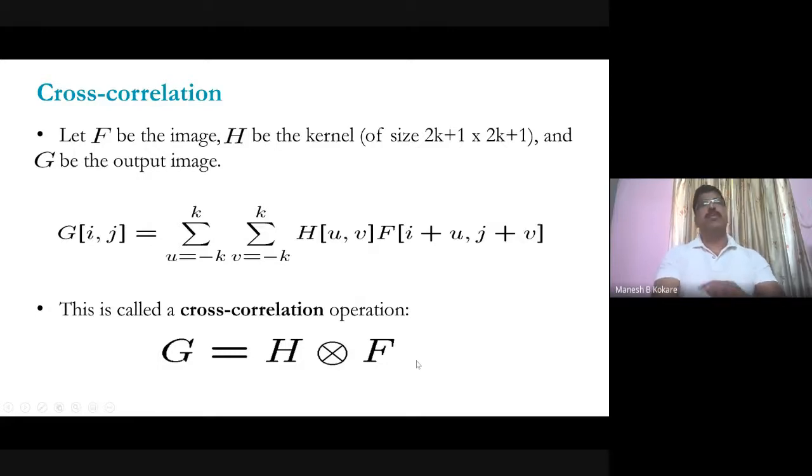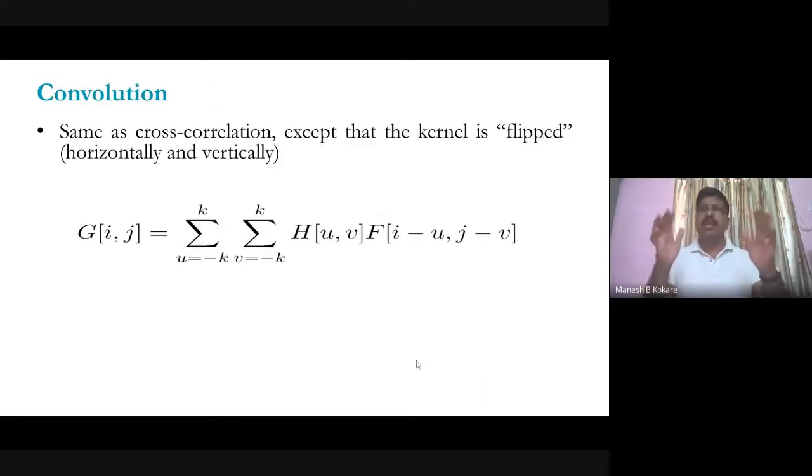Now the difference between the cross correlation and convolution is that the process is the same, the only thing is that the kernel is flipped. Even in one-dimensional convolution, you might have seen that if there are two sequences, then when you are doing the convolution of these two sequences, one sequence is flipped back, right? And then after that, it is shifted and then multiplied, added, shifted, and multiplied. How long? Till the entire sequence is covered. Now our image is two-dimensional. Your filter here is also two-dimensional. So the size may be different, right?